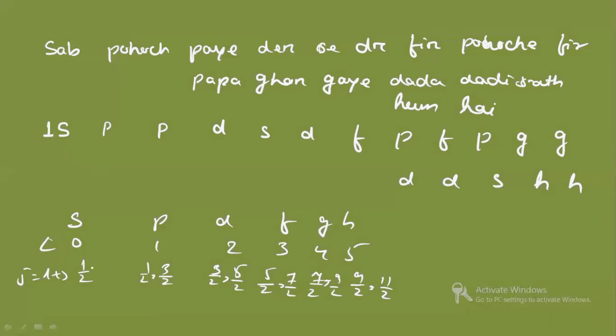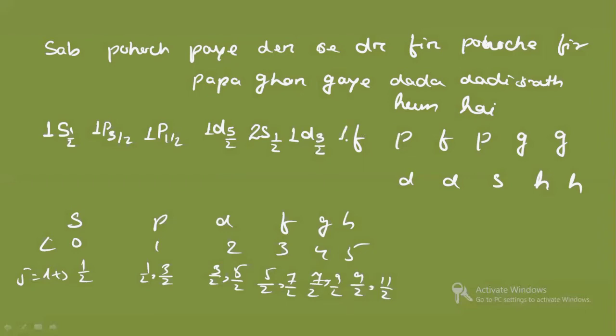Now when you write here, you see S is coming for the first time, so it is 1. The value of J is half. Next, P is coming for the first time. The value of J is 1 by 2 and 3 by 2, so the greater one will be written first. Again 1 by 2, this will be 1. Then D is coming for the first time. The value of J will be 5 by 2, the greater one. S is coming again, so it is 2. Value of J is half. D is coming again, so it's 1. 5 by 2 was written, this time it will be 3 by 2.